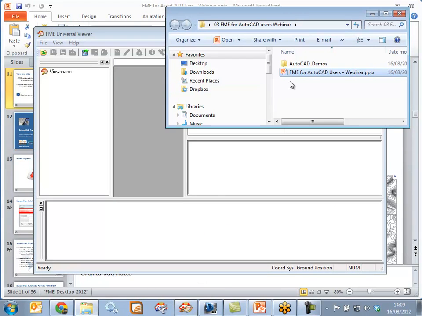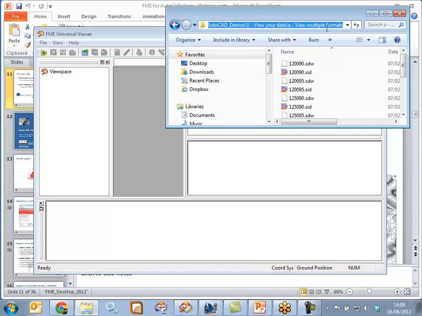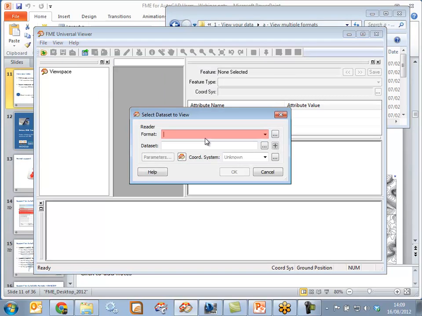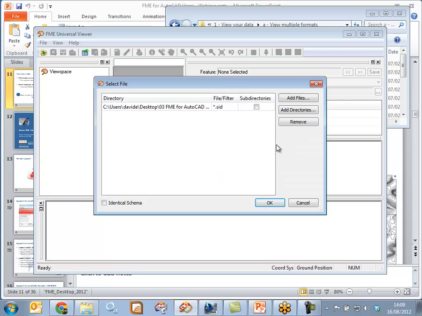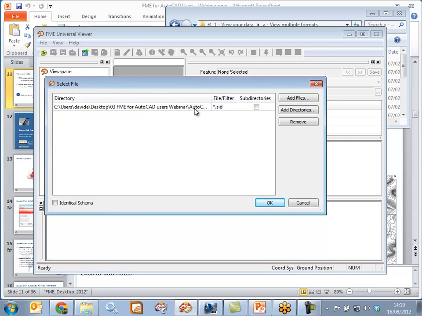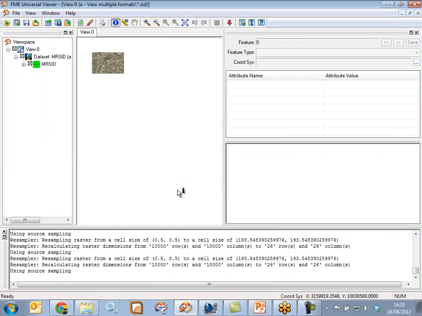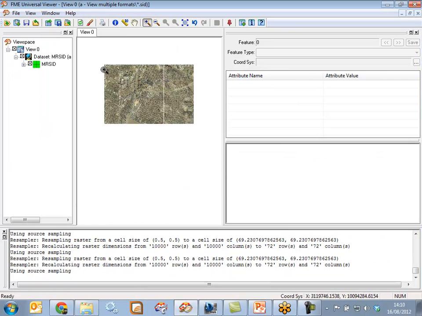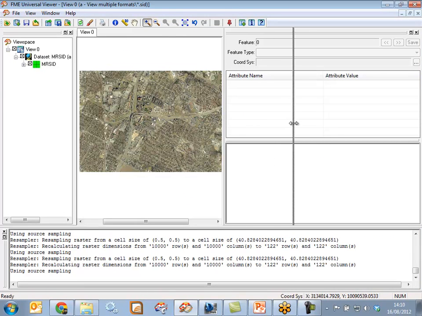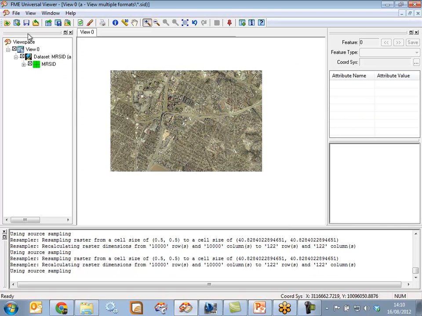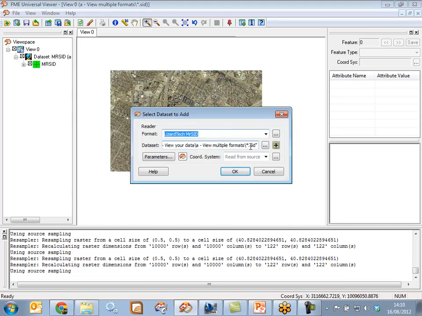So if we fire up the Universal Viewer to begin with, we'll just go and open up some simple data. Let me just grab this path, and to begin with we're just going to open up a MrSID set of aerial imagery, and we've got a number of MrSID files sitting on this path here, which we're going to read in, and it's a set of tiles which gives us a backdrop. So if we just zoom extents, you can see a little bit of aerial imagery, some air photos. MrSID is a highly compressed image format